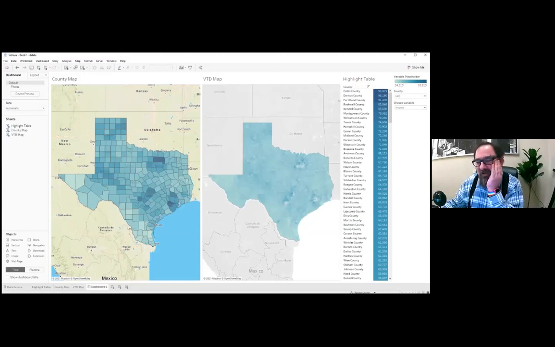While we're here, the two main differences between Tableau Public and Tableau Professional, the desktop versions. With Tableau Public, you do not have the ability to save your work locally. That means that if you're working on a dashboard and you're halfway through and you want to save it for another time, you have to save it to Tableau Public. There's no way to save locally, whereas in the professional version,